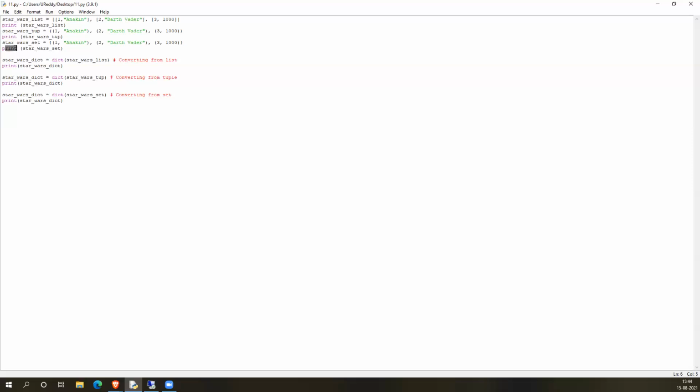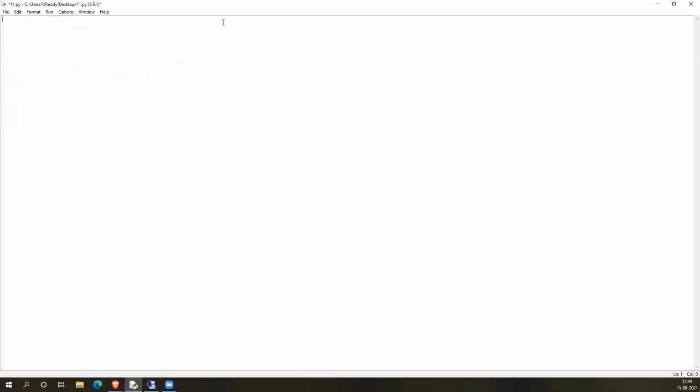Let's say we want to get the current date and time. What you can do is import a module called datetime. Once that datetime module is imported, you can use the datetime module and the dot operator. It will show the available modules.